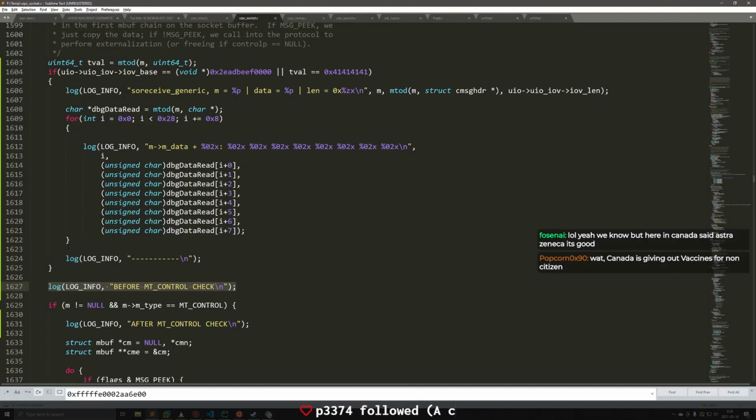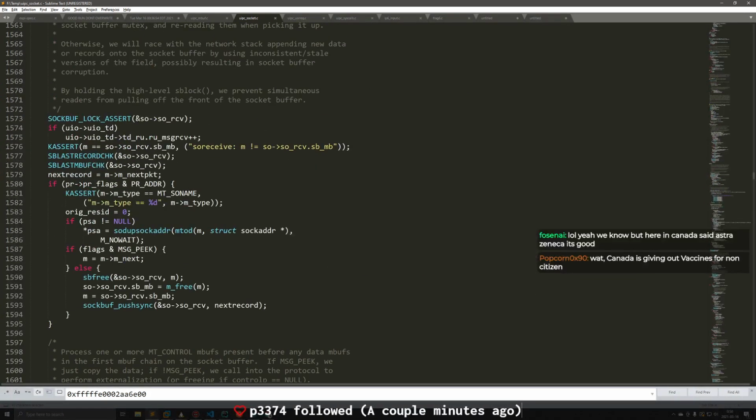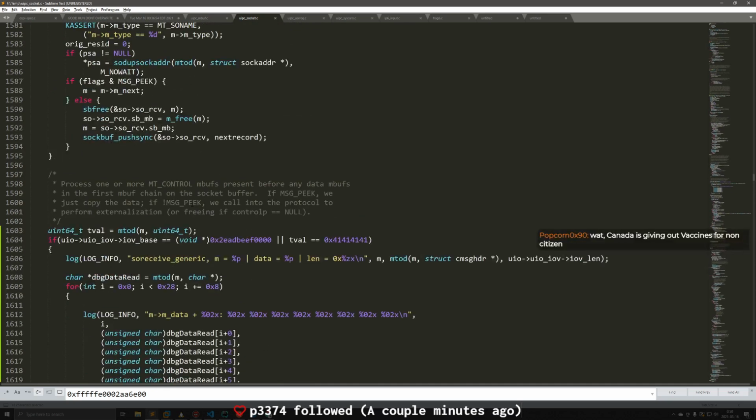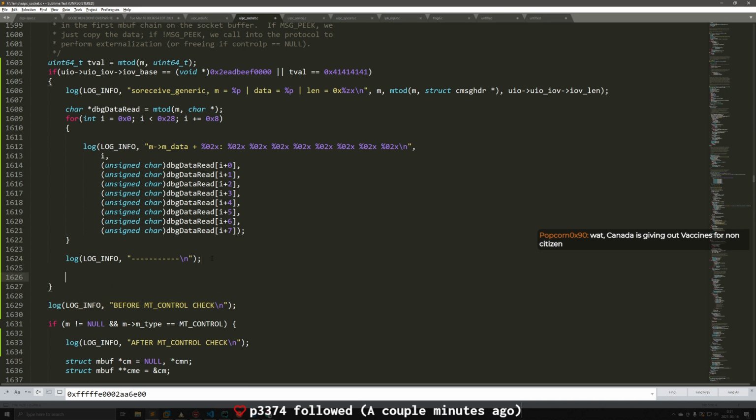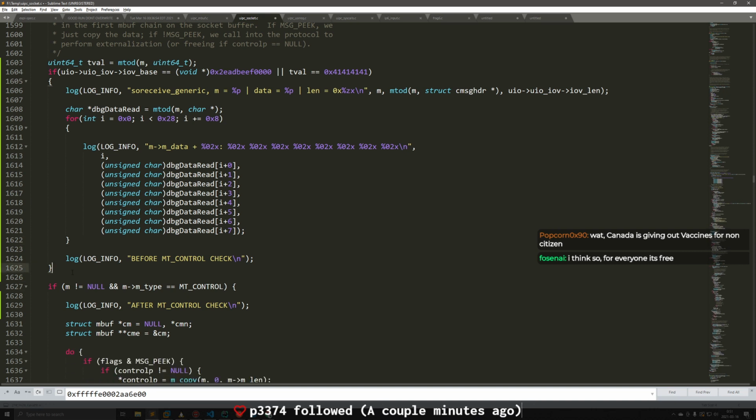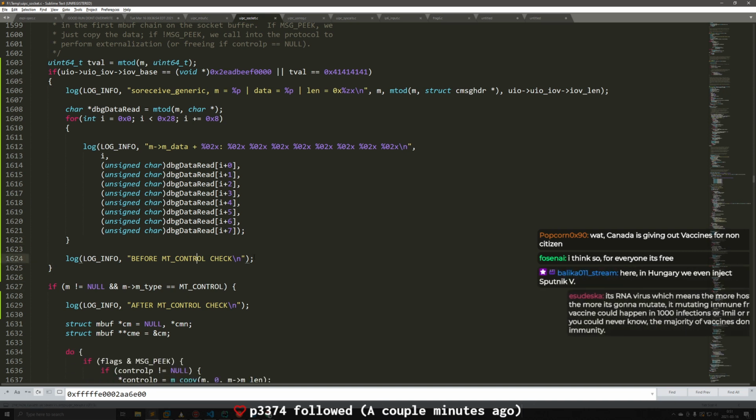I'm modifying the routine for SO receive generic, which is used on all packets that come through, which is going to be a lot, even ones that aren't related to the exploit. So I should have put this in here, actually, because that'll make it so it only goes through on this little hacked-in check that I do.